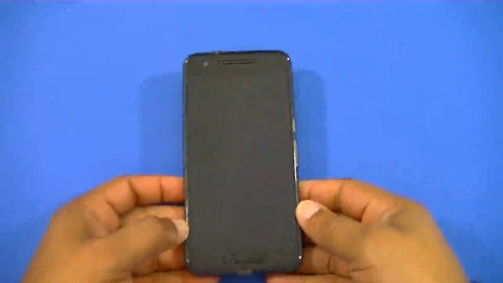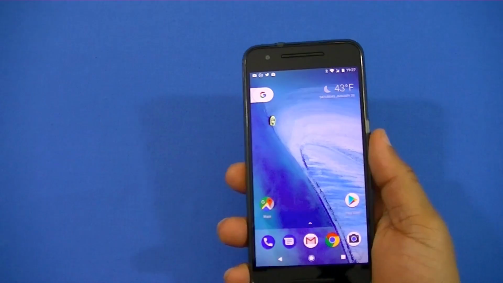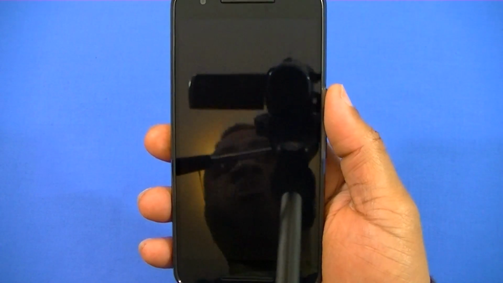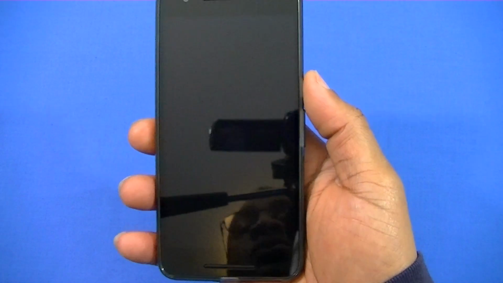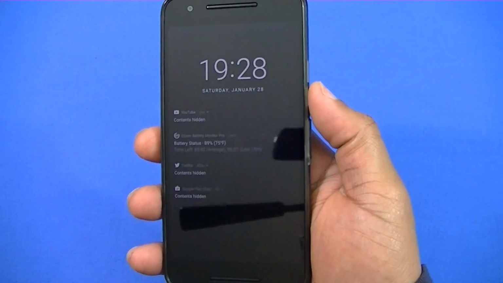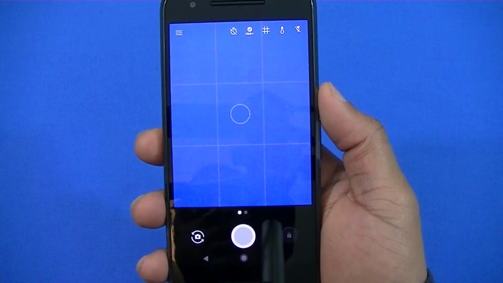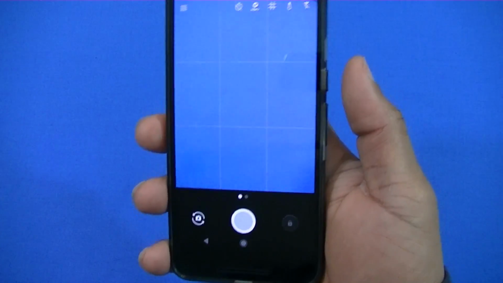Okay, so this is tip number 3, feature number 3. Now this one involves the camera. And as you know, Google implemented this on the Nexus actually, so this is probably a feature that wouldn't be unique to 7.0, but it is on 7.0, so that's why I'm using it. So you get the power button and you double press it and you get into the camera. That's a good feature right there. It's a quick way to get into the camera. It's a little bit awkward because it's on the side, but you already have your phone in your hand like that,